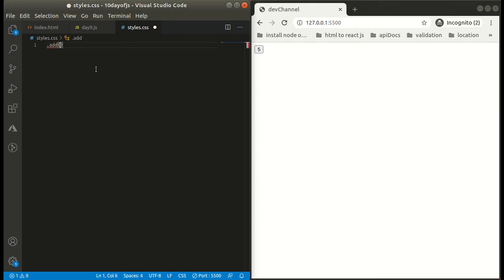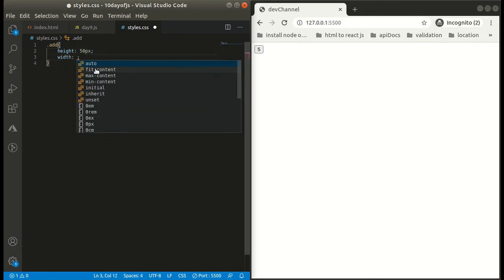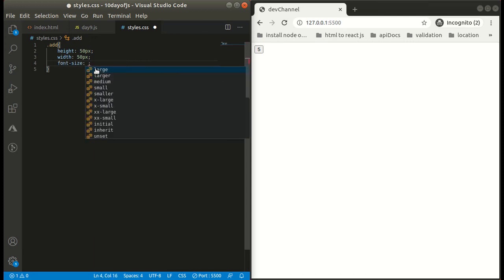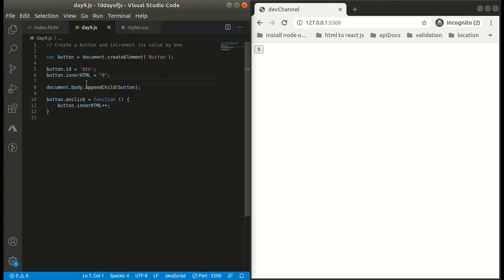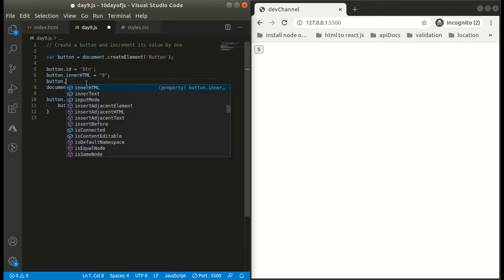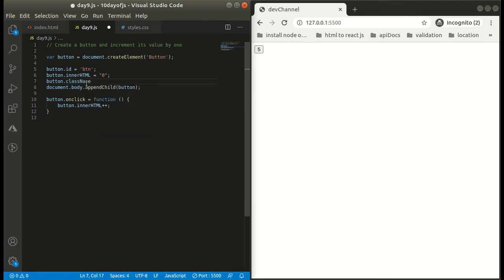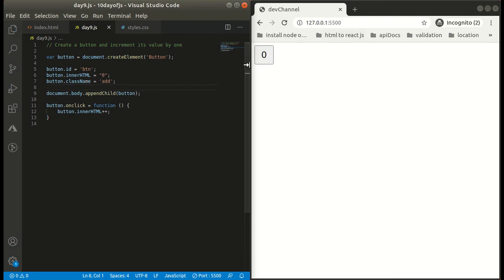We can simply give a height of 50 pixels, a width of 50 pixels, and a font size of maybe 24 pixels. And we can simply add this as a class name equals add. I hope this works. Yeah, we got our button. Now it is big and it looks cool.